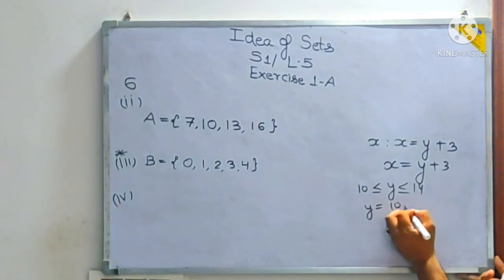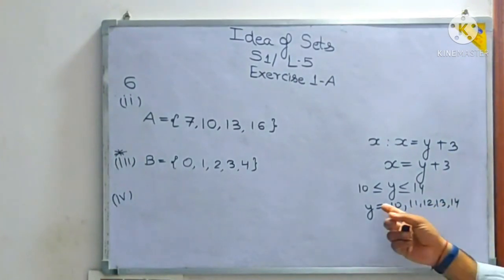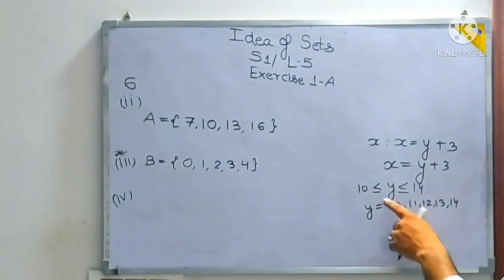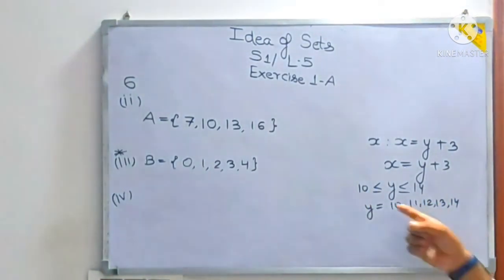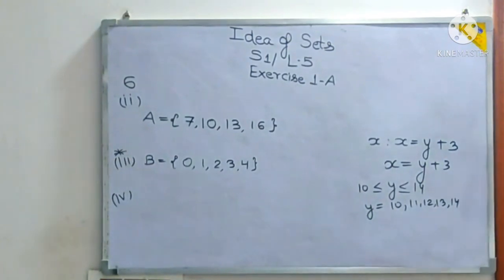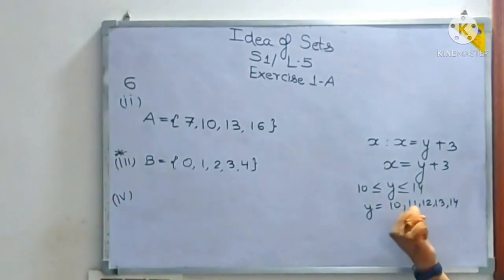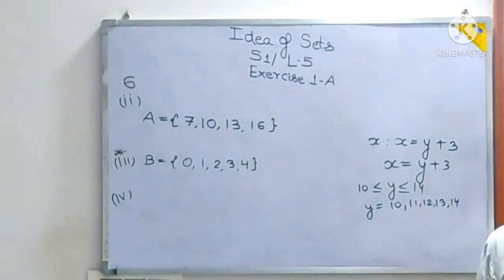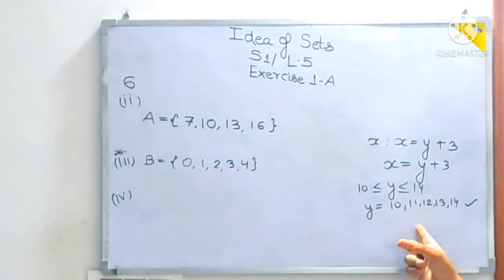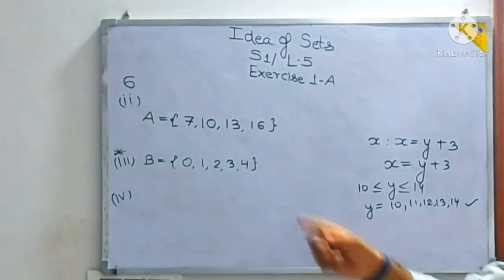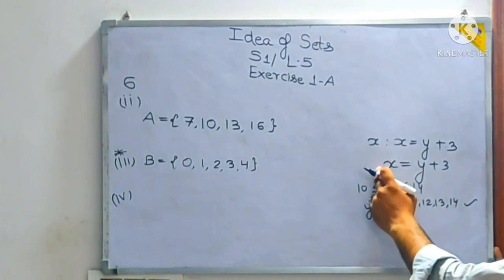We can take y as 10, 11, 12, 13 and 14 also, because less than equal to is given. Had it been only less than, we would take a value of 10 onwards, that is, y more than 10, so 11 onwards. But here, since y is more than equal to 10, we will take 10 also. So these are the values of y we will take. And just like the second part we had done, we will take these values of y, put them in this equation, and whatever values of x are coming, that only we will write.